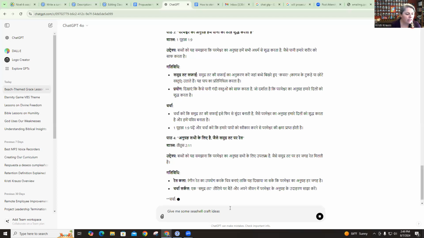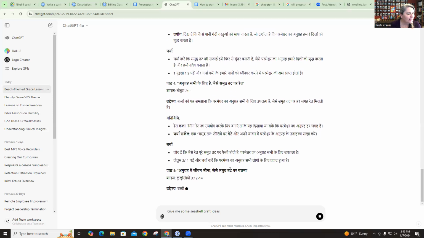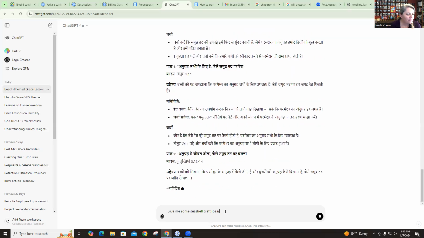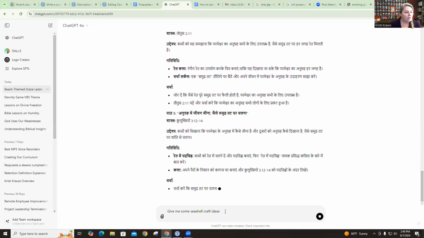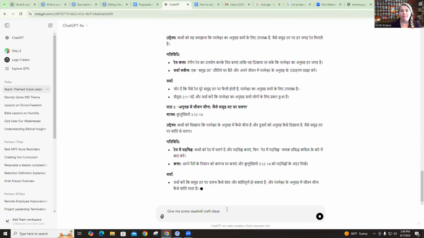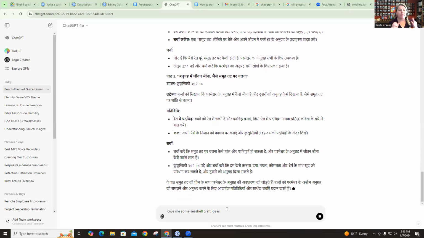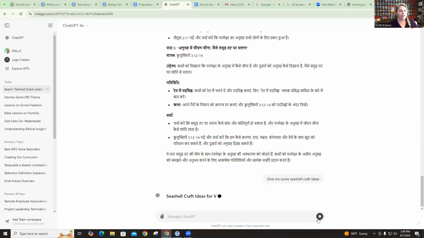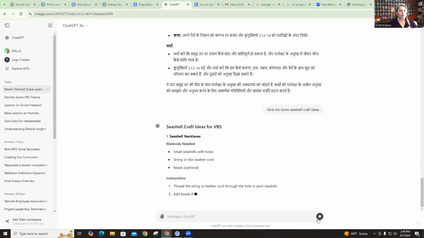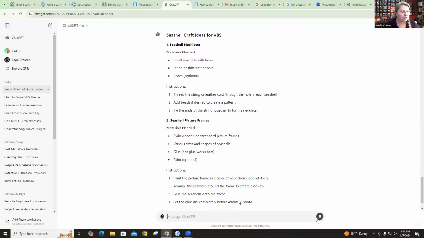Oh, it's still working on Hindi. It's thinking about stuff. Okay. So you're going to be able to use this for many things like writing text, creating images, making music, marketing, translation, creating schedules. I mean, there's really no limit.